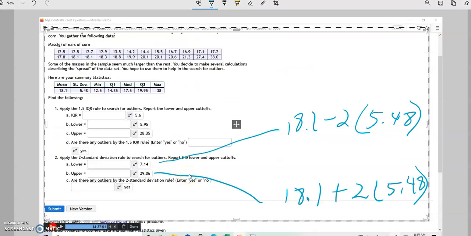There are 2 actual methods to determine outliers. The first one is, as we discussed before, take Q3 minus Q1, and then do the formula we just did before. You come up with this IQR, lower is Q1 minus 1.5 times the IQR,